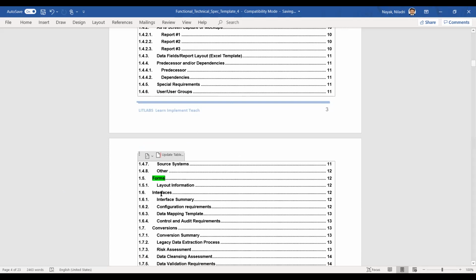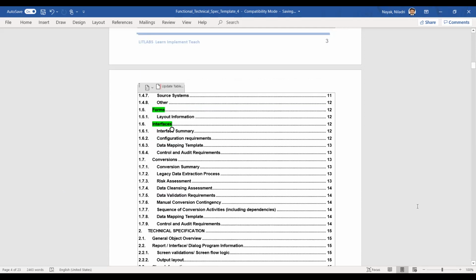Okay, that you'll be drawing here. Similarly, your interfaces, what are the interfaces you'll be using, those things will be used, details, summary of the data mapping template. As I was giving an example of Kronos time management tool to our SAP HR, what are the data mappings, what is the employee ID mapping to our Kronos? Those details will be mentioned there.